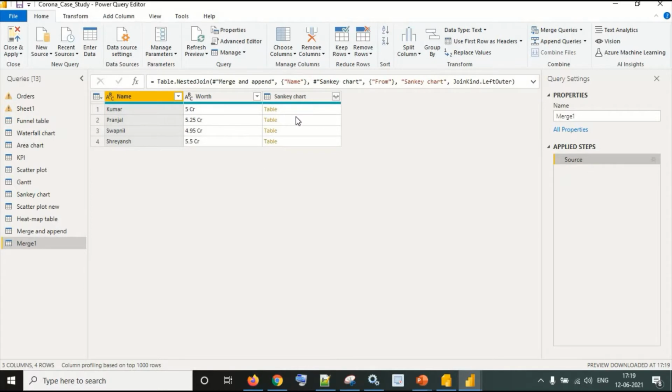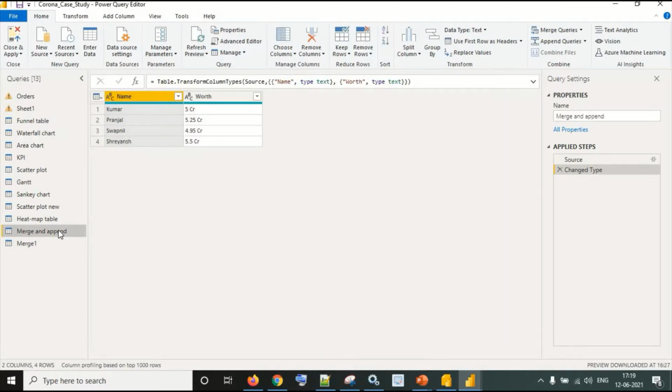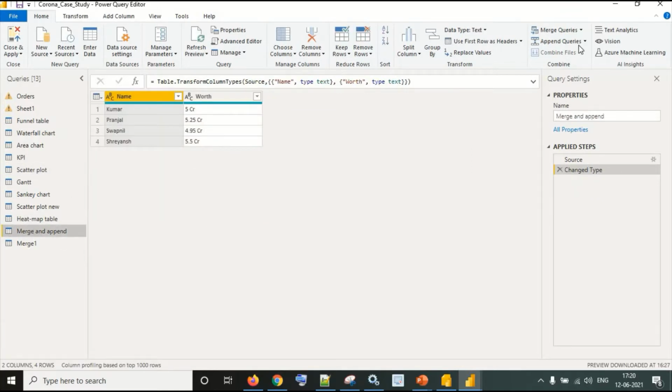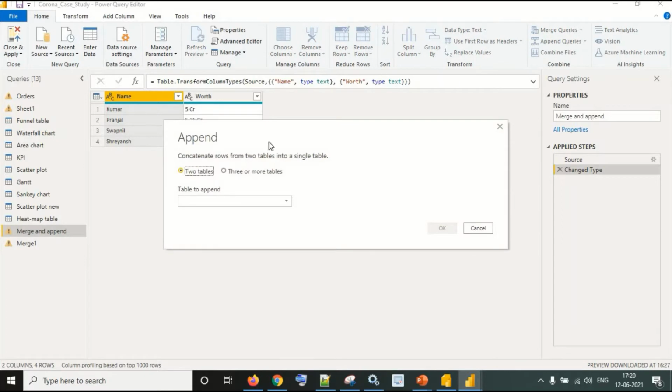Now I want to go for append. Because there are only two columns, let me select this table and append.